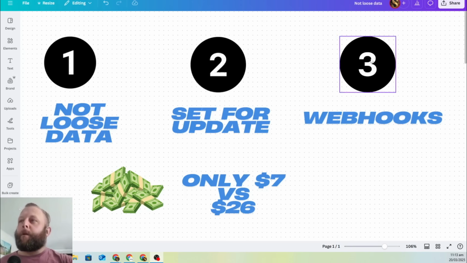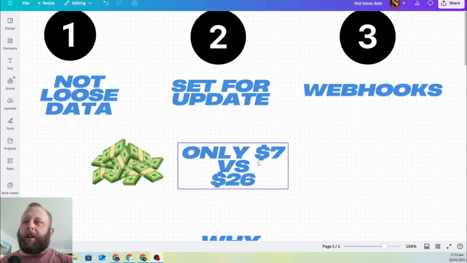And then probably one of the most important things, if you've set one of these up before: if you try to add webhooks, you'll see the webhook address says localhost and you get stuck with this. If you're going to do webhooks, which a lot of you probably will because an incoming webhook is really, really good and that's what we use in a lot of scenarios, then you need to watch this because you'll need this for your automation to work. Not only that, it's only going to be about $7, maybe $7.50 a month,